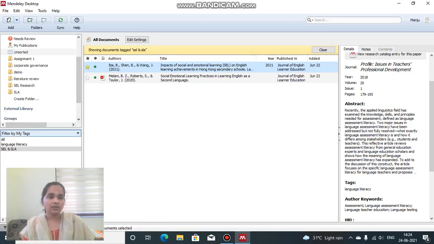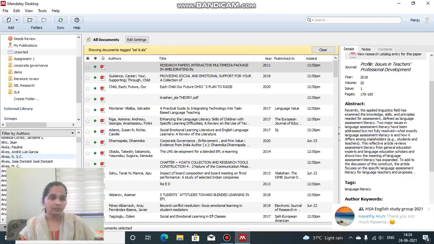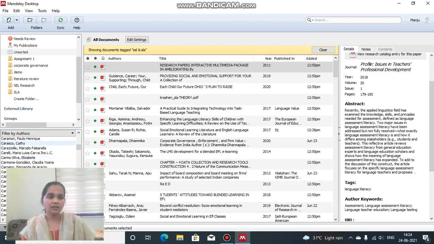Also you can filter by authors. For example, here you can see so many authors' names. Some famous authors need to be included in some works. For example, if we are doing research in emotional intelligence, we will definitely include the name of Daniel Goleman, so likewise you can include his work.